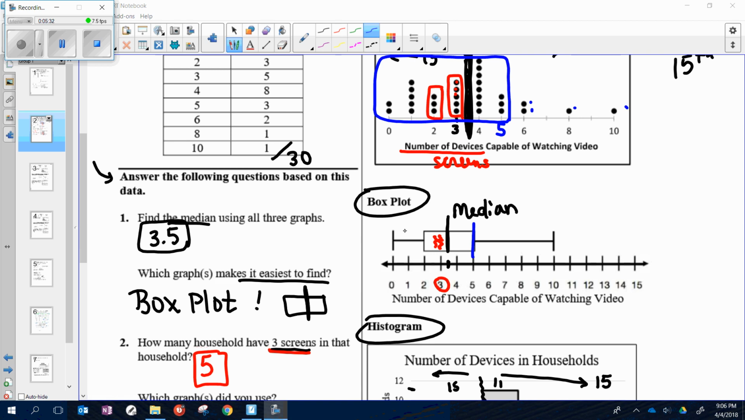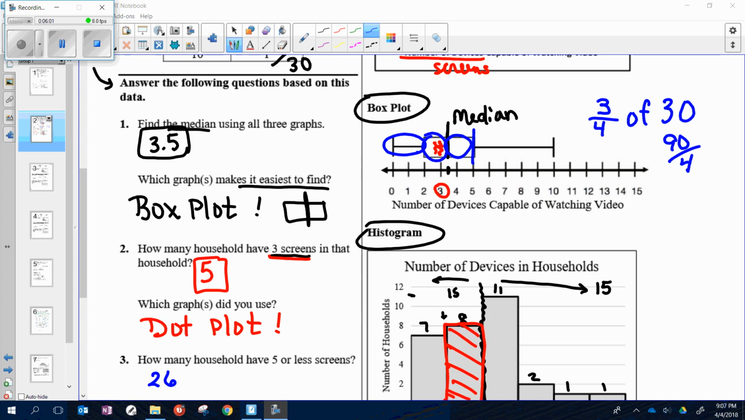Well, sort of. I know that each of these areas that I'm circling right now, or I'm trying to anyways, in blue, is a quarter of the data. So 3/4 of the 30 data values fell below 5. So if I take 3/4 of 30, let's see, 3/4 of 30, 90 divided by 4. Okay, that's 22.5,